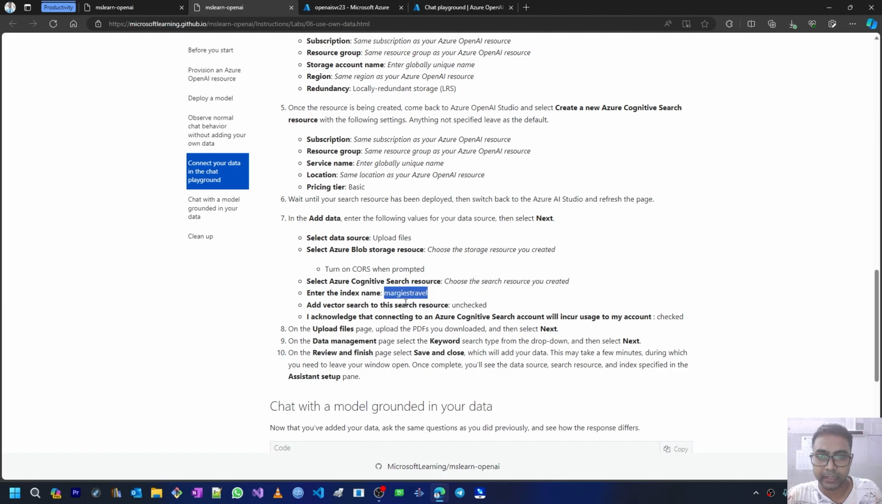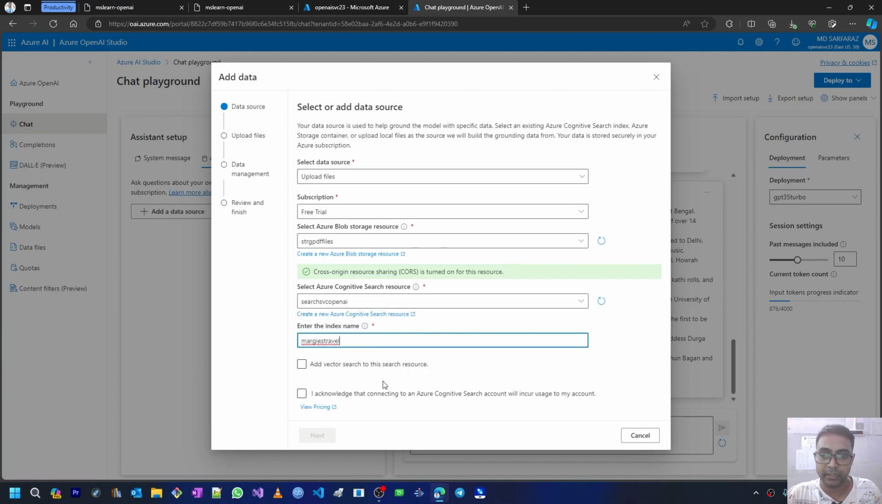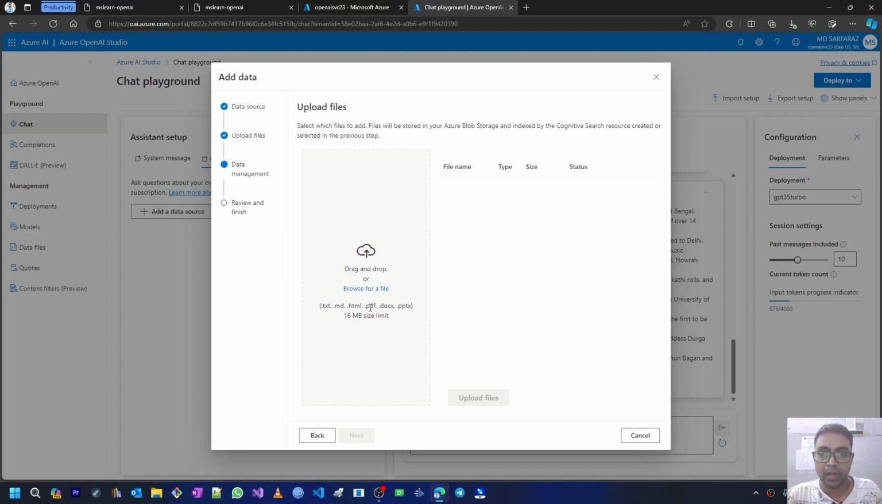So we'll enter the index name as Margie's Travels. Copy this and paste it here. So let's check this one and then click next. We have to upload a file. This will upload the file to storage location, and then cognitive search will read that file and the content